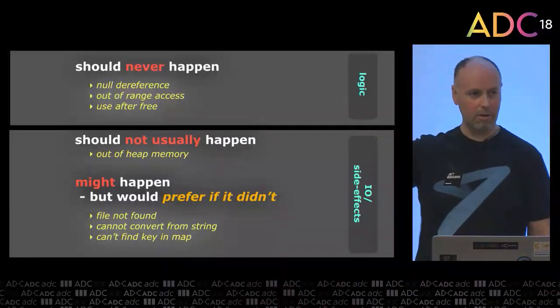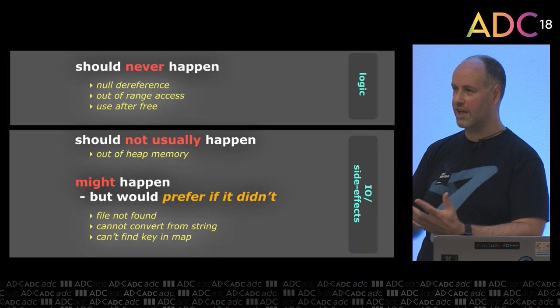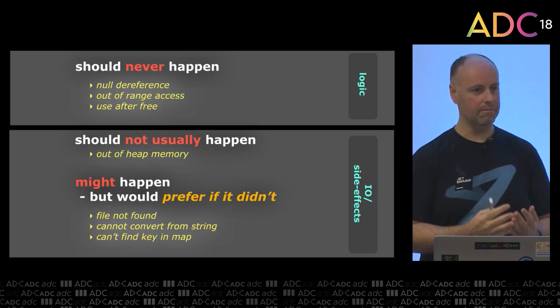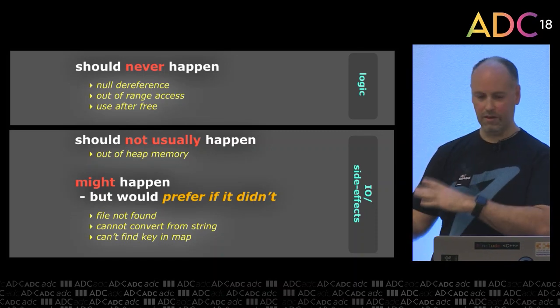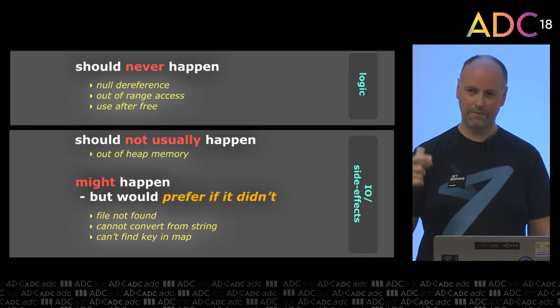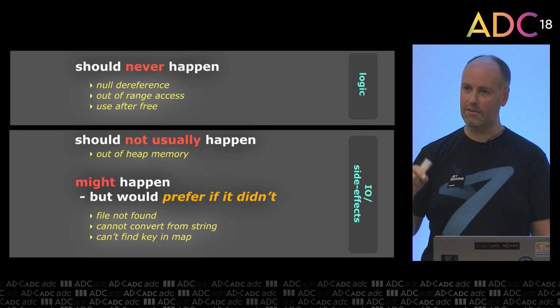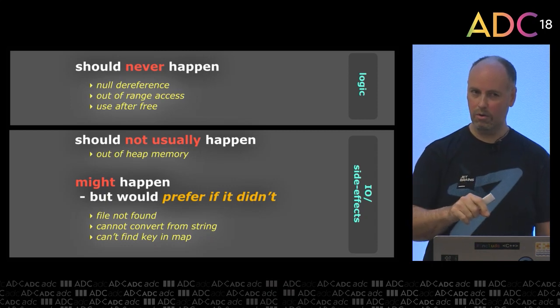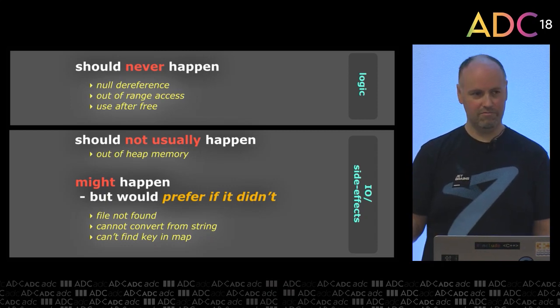So there's a couple of ways we can bucket these. First of all, just want to note, as we said already, the top bucket represents logic errors. They are bugs in your code, and we should deal with them as such. Whereas the bottom bucket is called I/O or side effects. If you think about it, if something goes wrong, it must be either to do with something in your code or from outside your code. It's really the only two options.